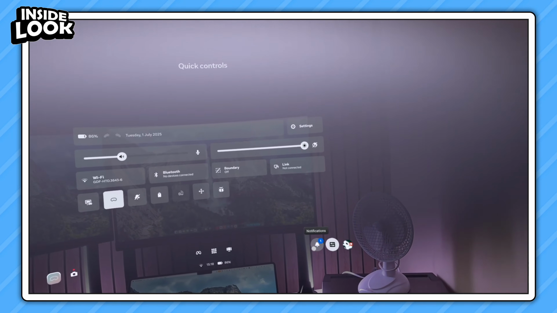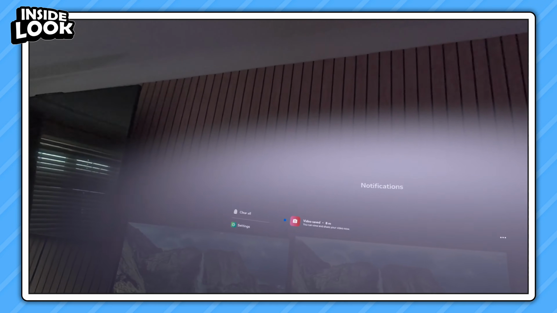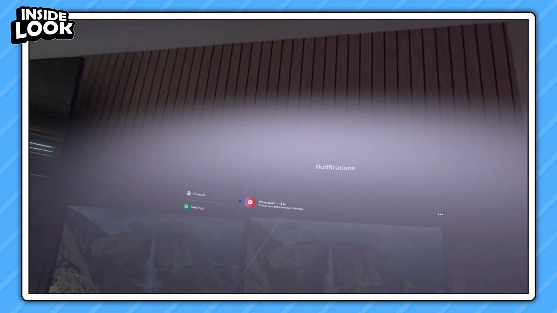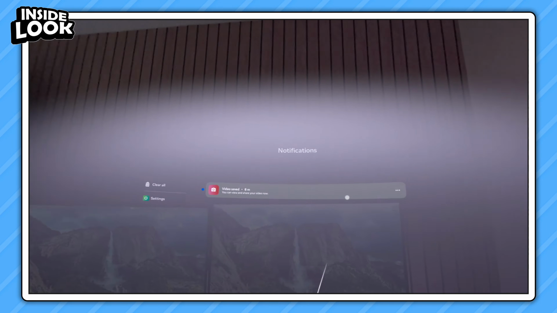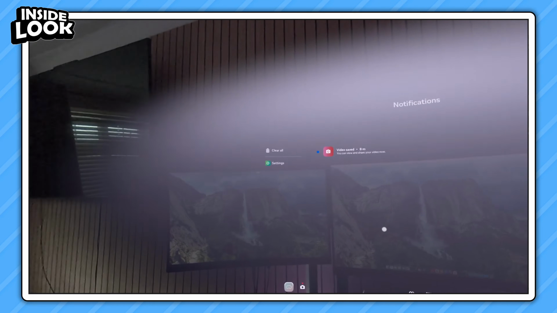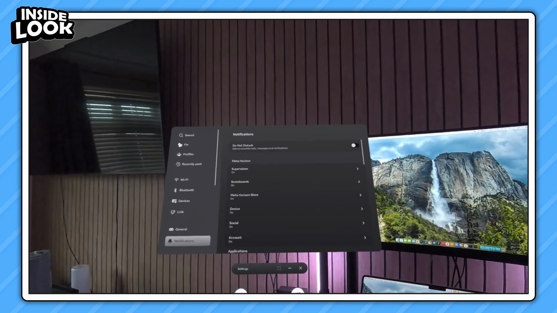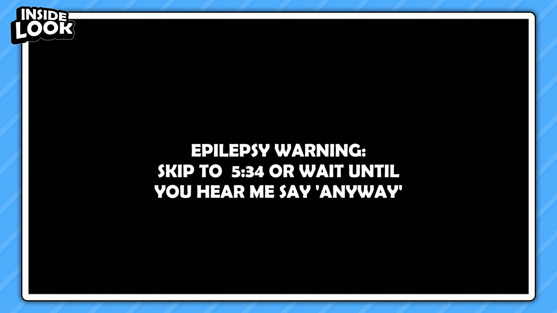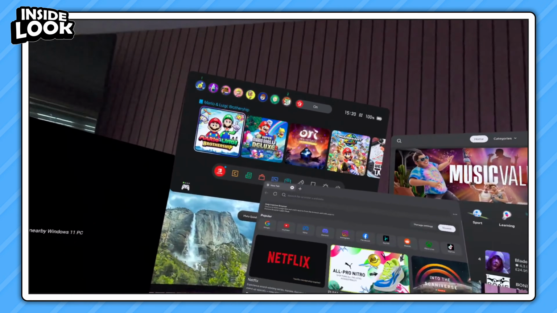Other than quick controls, we also have this notifications button, which shows all your recent notifications, such as how I saved a video 8 minutes ago when I was making sure the camera was working. You can also open notification settings from here. Now, Navigator does have another nice little